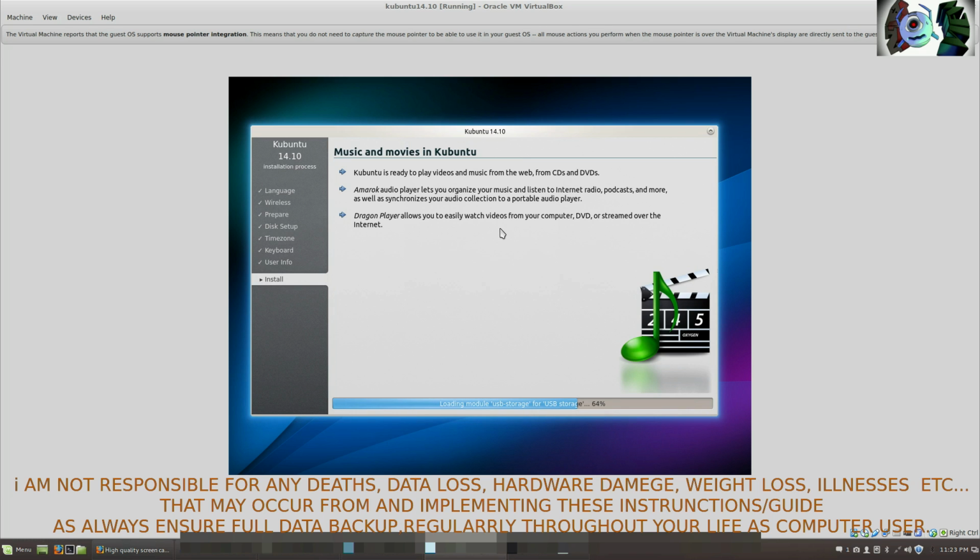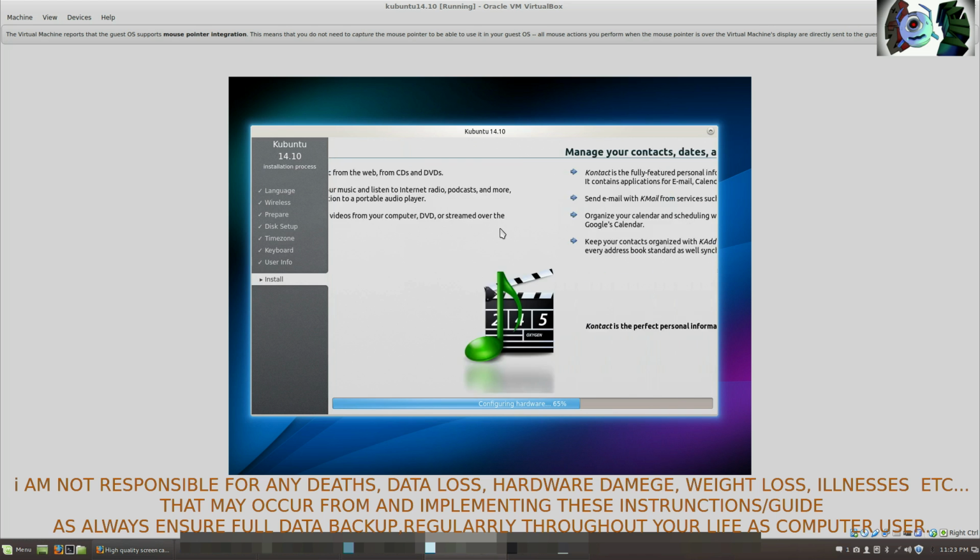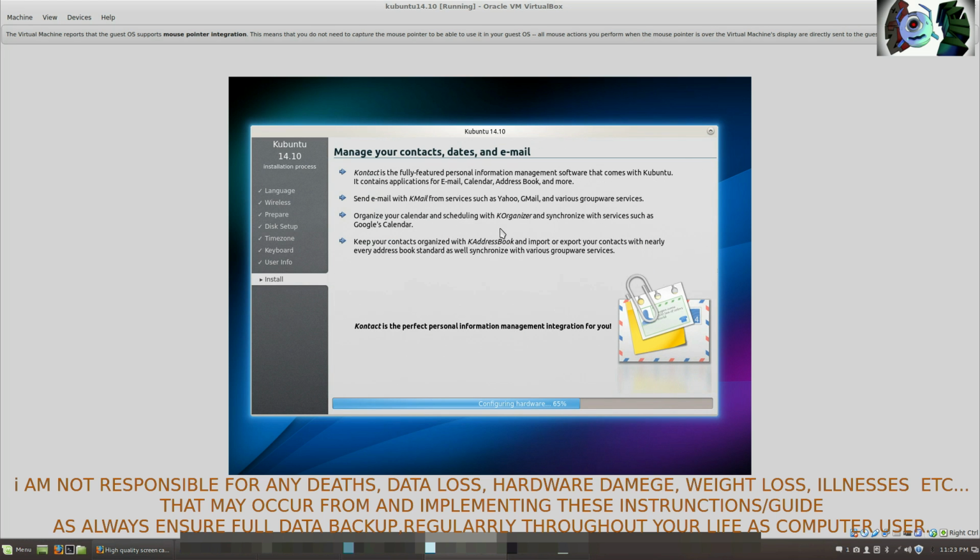Right, so as you can see, it's past that point, and it's just detecting other operating systems, creating user, configuring hardware, and so on and so forth. I advise you to actually read through the slideshow for viewing pleasure, at least once. And just a little insight,